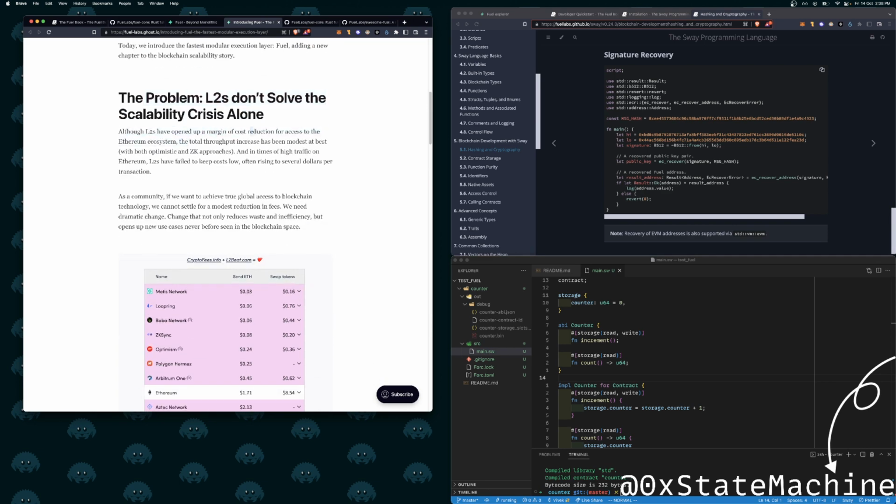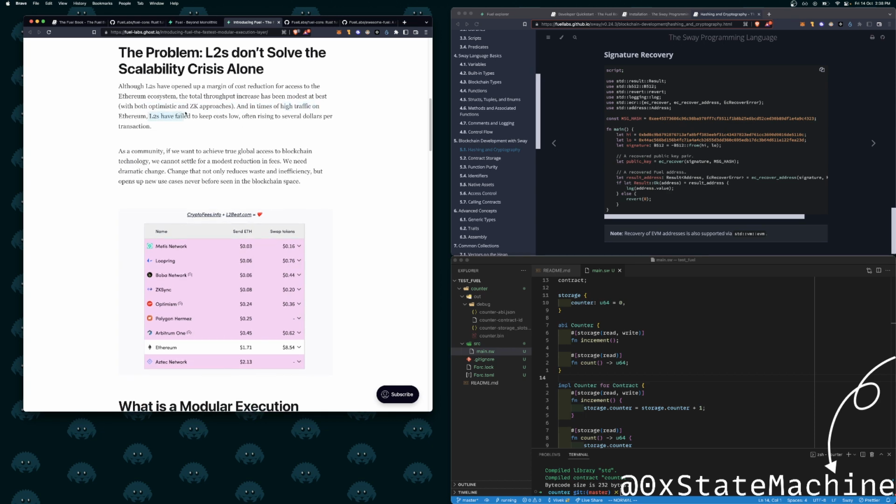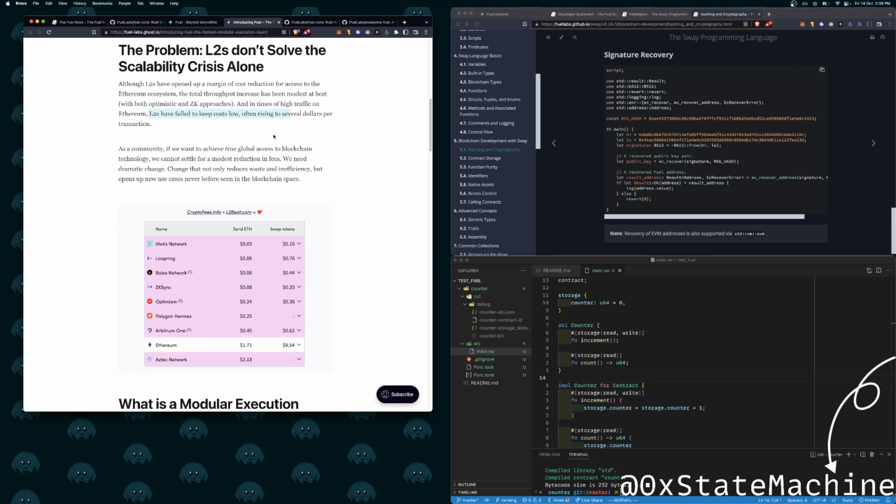The L2s have opened a new margin of cost reduction for access to the Ethereum ecosystem. The total throughput increase has been modest at best, with both optimistic and ZK approaches. And at times of high traffic, Ethereum L2s have failed to keep costs low, often rising to experience dollars per transaction.